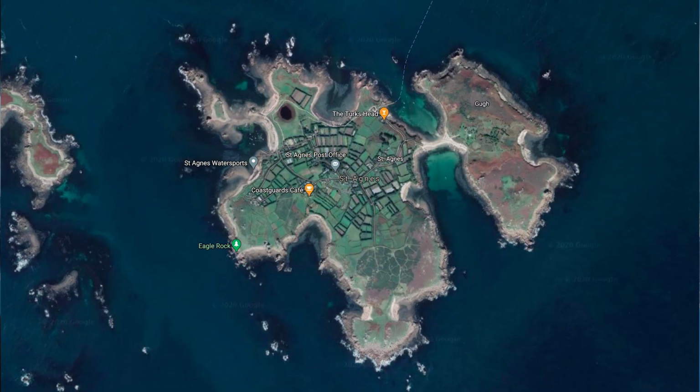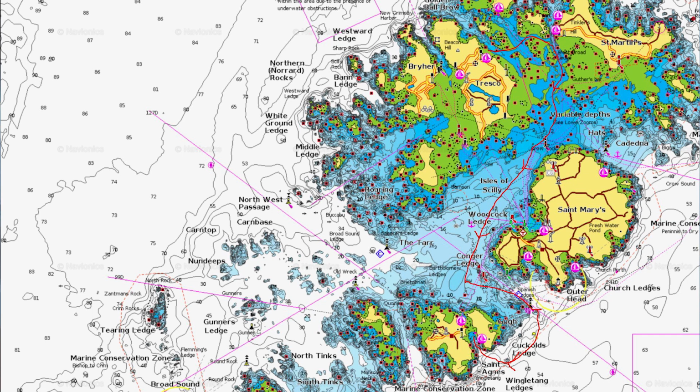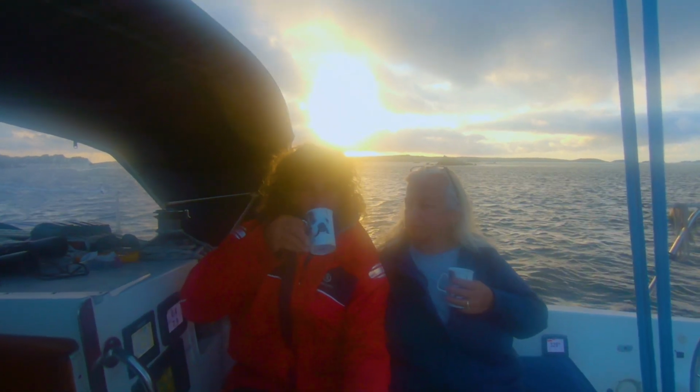Early, and we're going to head to the south of St Agnes. There's a wind blowing from the north. It's a little bit lumpy here, and St Agnes in the south should be a nice place. There's meant to be quite a good pub here called the Turk's Head. So, the essential fresh coffee